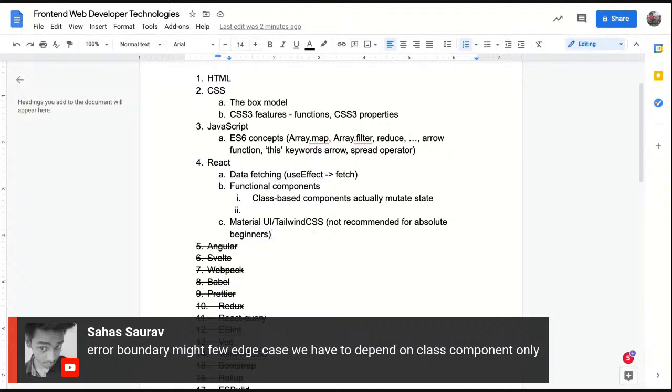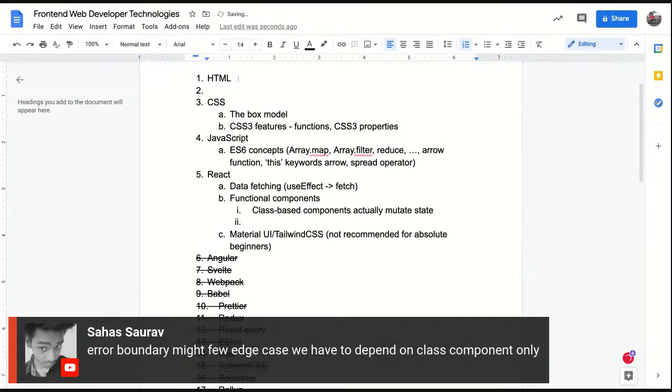So that's why I recommend taking up these things, trying to experiment, trying to learn with them, but not really relying on them completely as long as you are not confident enough with your basic stuff, with the basic knowledge, right? And HTML is honestly simple. I wouldn't really say that you don't need to spend a lot of time. You do need to spend a lot of time, but you don't really need to worry a lot about